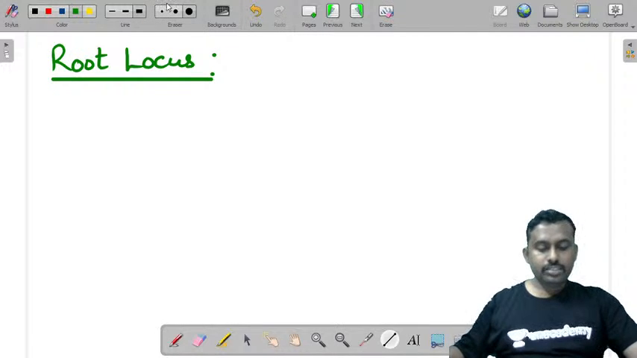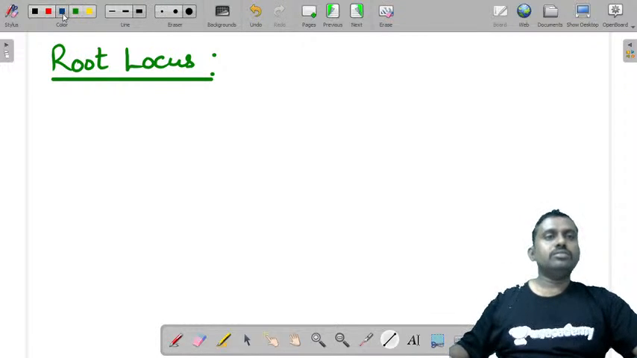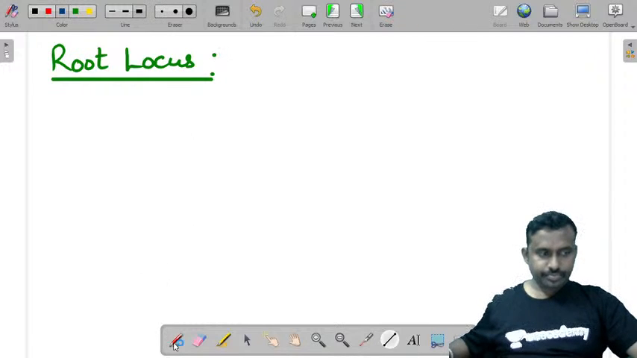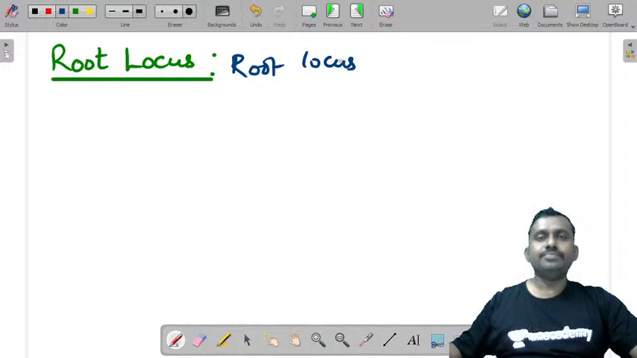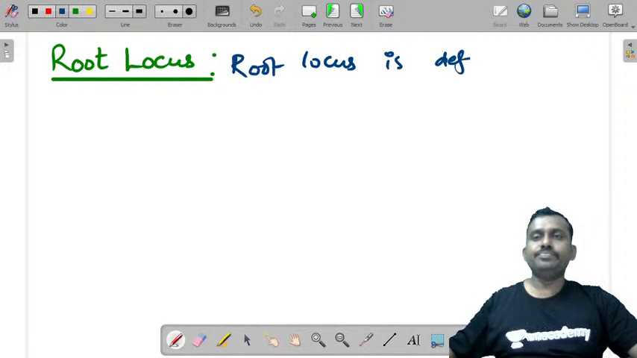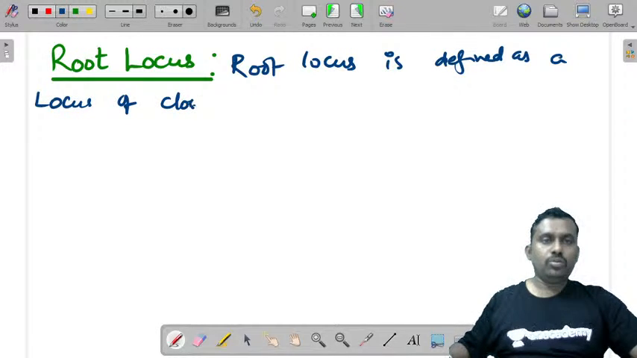Let's complete what root locus is. Root locus is a technique to comment on the stability of a given system, and root locus is defined as a locus of closed loop poles